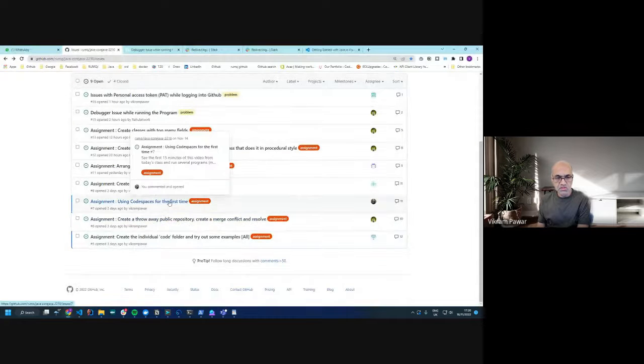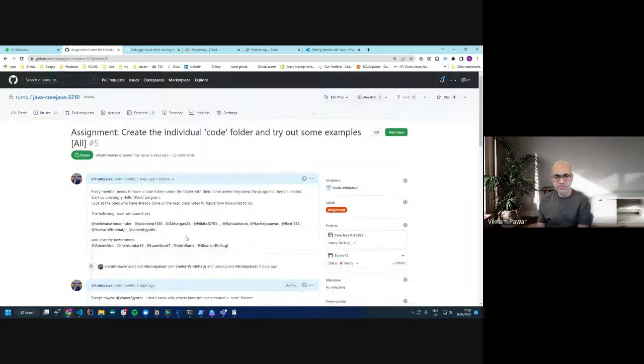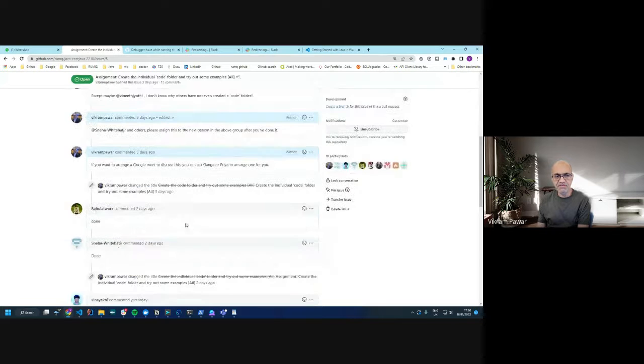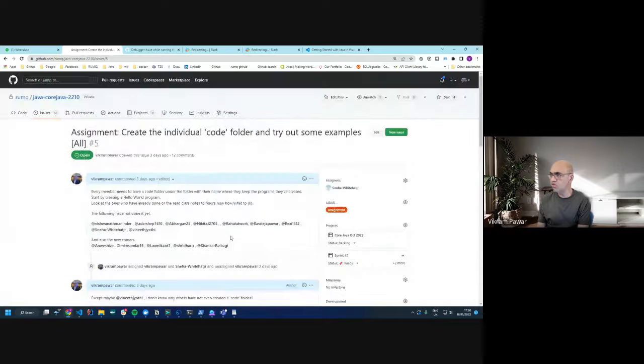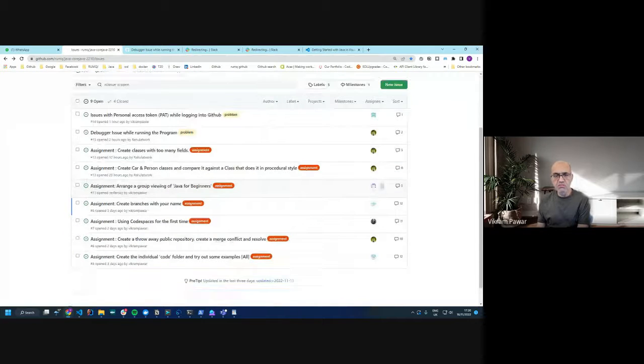So codespaces I wanted to do, this also I wanted to do, and then what is this? This also I've given to Sneha, is it? Code folder. Everybody should have a code folder. Make sure that everybody has it, and then you close it off. Sneha, okay. Now, Rahul, you have 4. You shouldn't have 4. Keep 1. Give the 3 to the other 3 people. You can assign it yourself. Pick somebody in the team and give it.